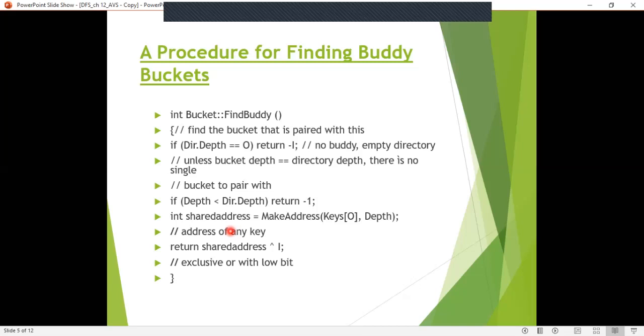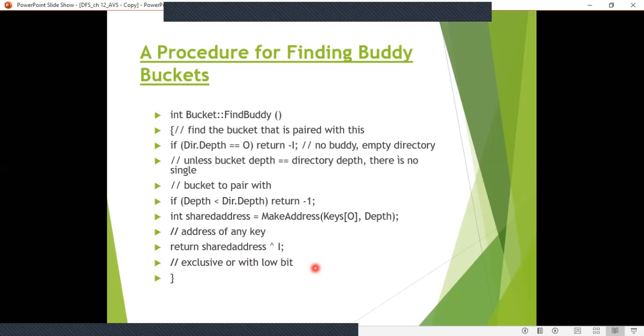So to get the buddy address, we need to flip the last bit by finding the exclusive OR. See here how we are finding the buddy bucket address. You are doing the exclusive OR with the low bit, and then you are returning this particular address. That is the buddy bucket address. This is how you find the buddy bucket.